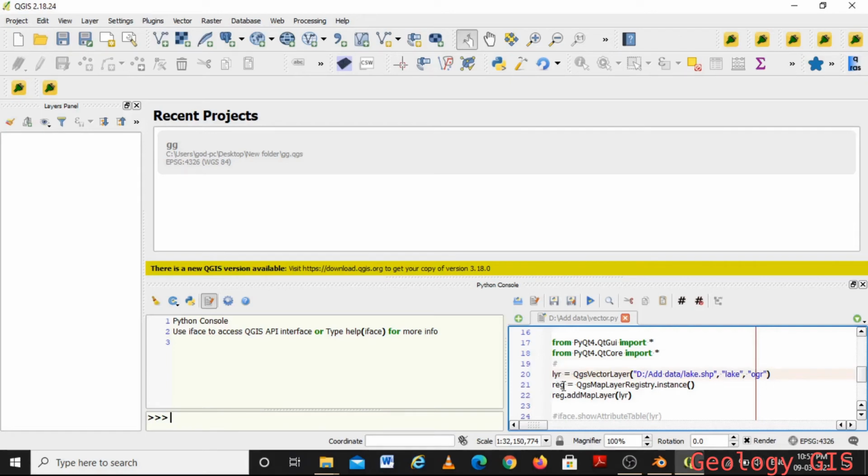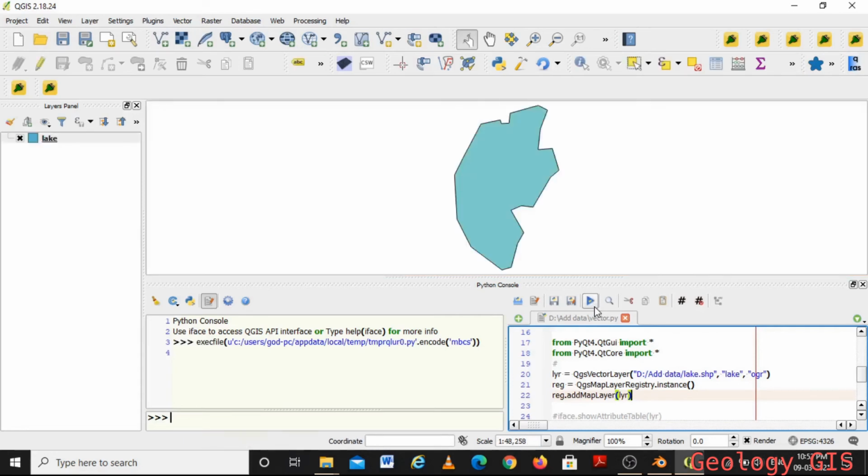Then I'm going to use the instance method, so I'm going to call it as a variable reg, QGIS map layer registry dot instance. Then again I'm going to call the registered variable to add a map layer, and if I run the script we can notice that the vector layer or the shapefile is now added.